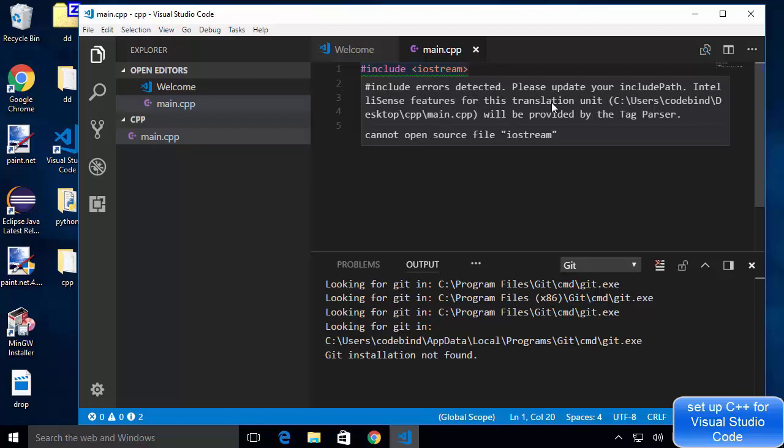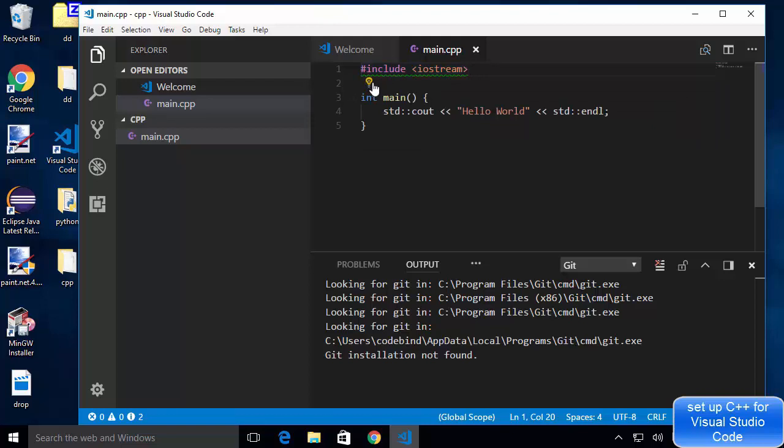So what you need to do is click anywhere on this line which shows the squiggly line, then click on this bulb you see here, and then click edit include path settings.